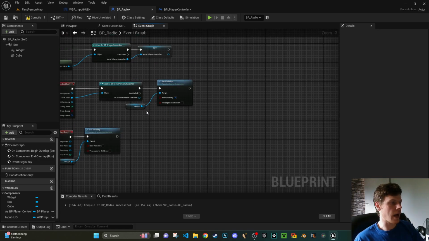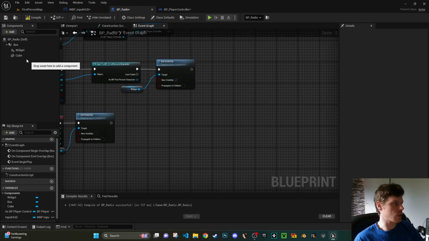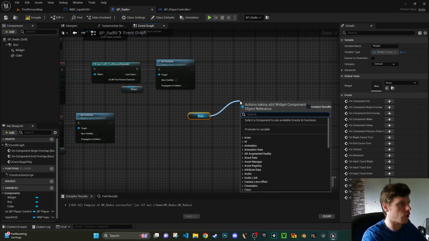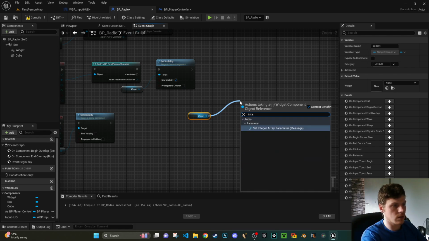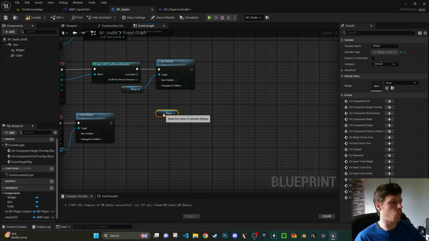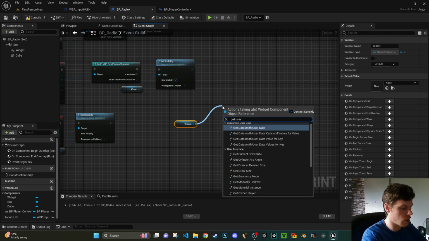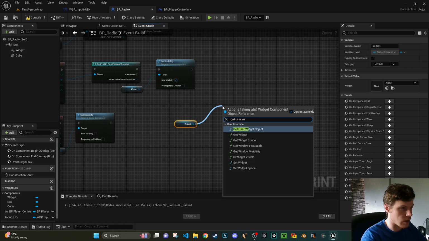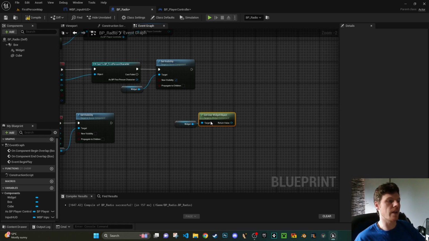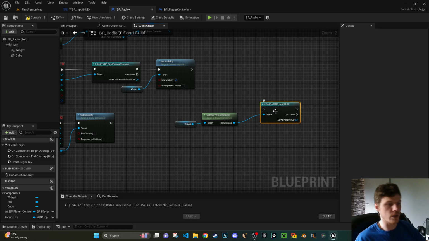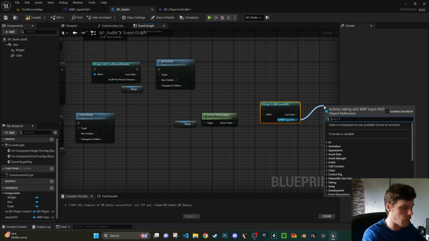So we need to gain access to the data inside this, but unfortunately it doesn't work as nicely as you'd expect. You can't just go widget and find the interact text. It doesn't exist. What you've got to do is, from your widget, get user widget object, I think it is, yep. And then that allows you to cast to your BP widget, and then as the widget, then we can